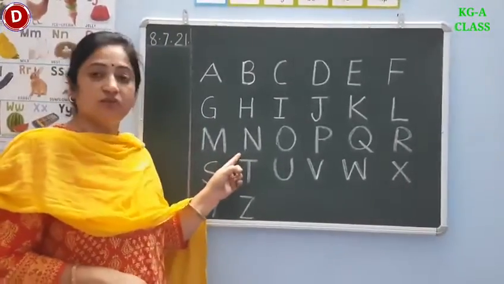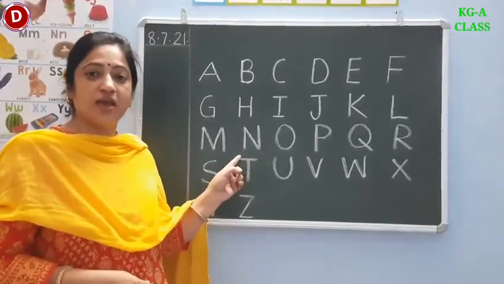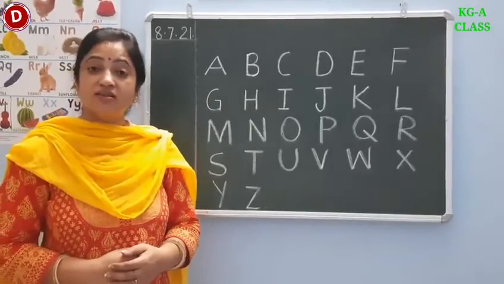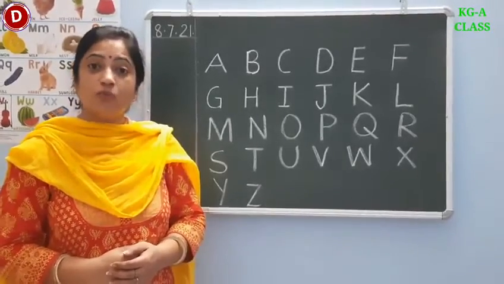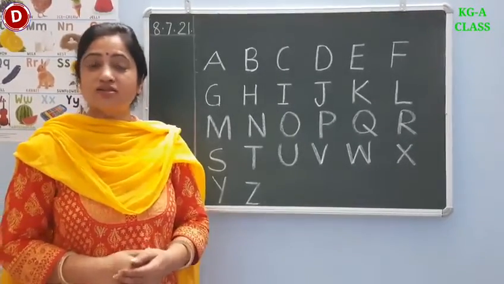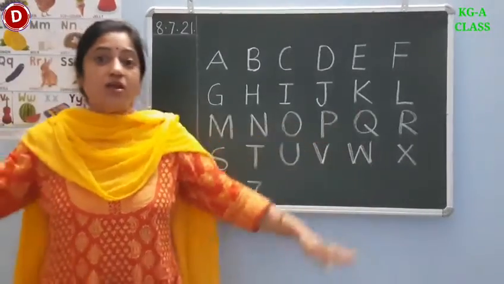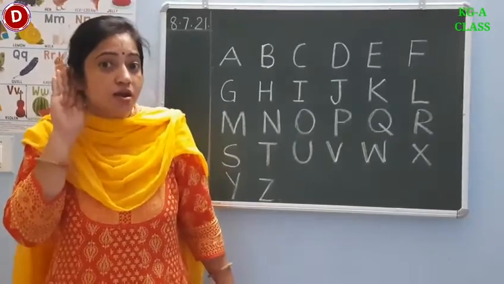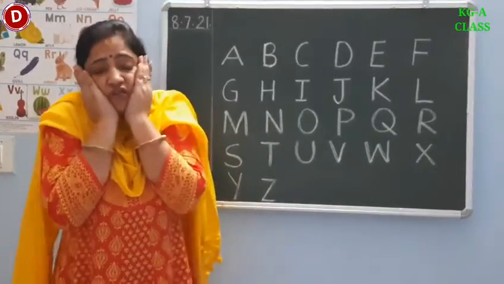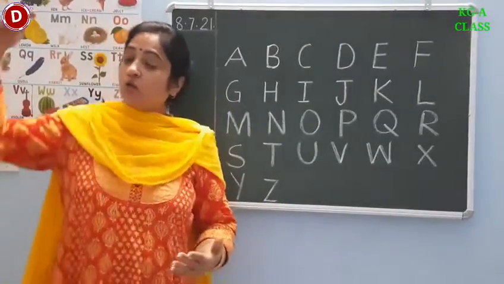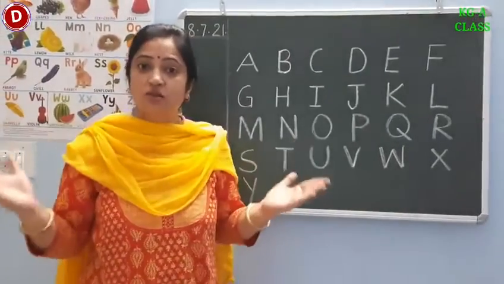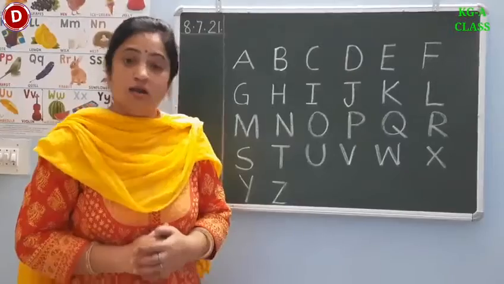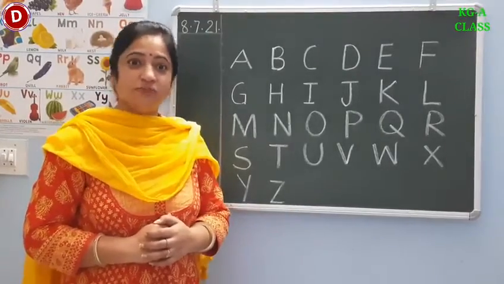Now children, today we will learn the song of the letter N. Children, N says and it seems like the sound of an aeroplane. So its song is: hear the aeroplane, hear the aeroplane, making lots of noise. When the aeroplane comes down, it makes lots of noise and it seems like So now you know its sound.